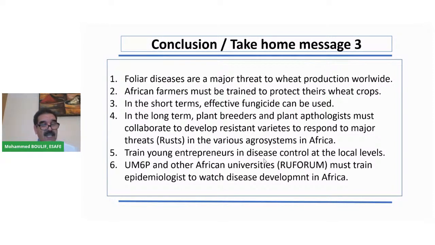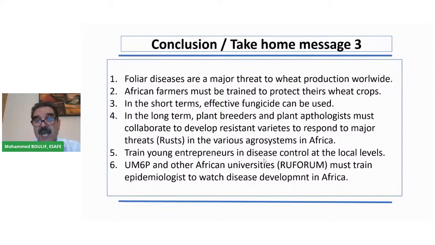And the 6th point is that UM6P, as our university, a young university with great ambitions, should work with other African universities, especially the ones belonging to the RUFORUM network, and train epidemiologists, plant pathologists, and plant breeders: epidemiologists to watch disease development in Africa, and plant breeders to make the appropriate crosses and the appropriate genetic improvement in wheat crops and other crops, of course, to cope with the disease problem and also with the pest problem